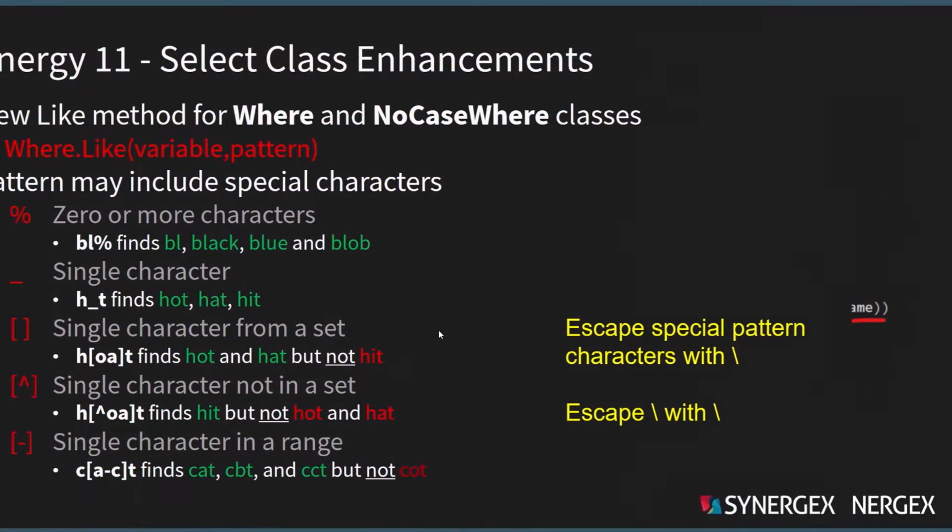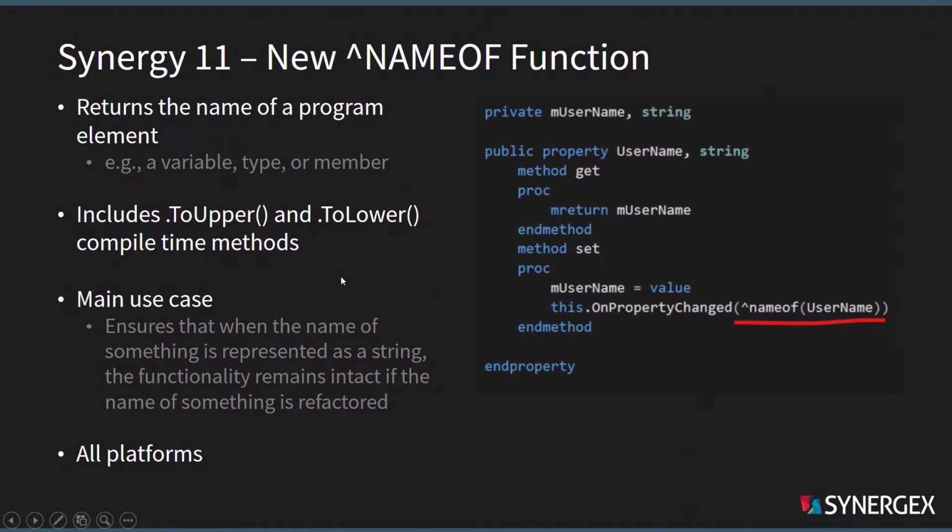There is a new function in Synergy 11 called nameOf. This allows you to refer to the name of a program element, so the name of a variable, the name of a type, the name of a member. The primary use case is if you're referring to the name of something in an error message, and that something ever gets refactored, so the actual name of the property that you're referring to gets renamed, for example. If you're using nameOf, then the compiler will insert the name for you. But if you're hard coding the name of something in a string, and then you refactor the thing you're referring to, it doesn't get refactored. So using nameOf ensures that you continue to refer to the actual name of something in code, even though it may have been renamed